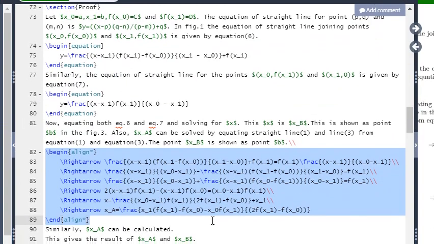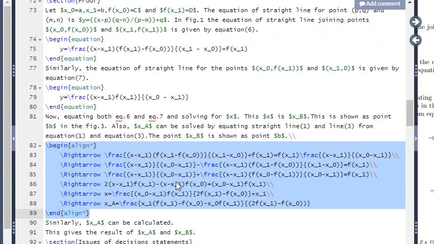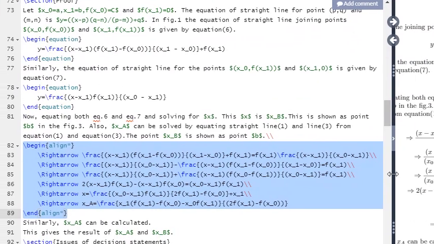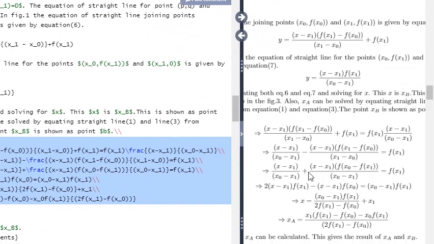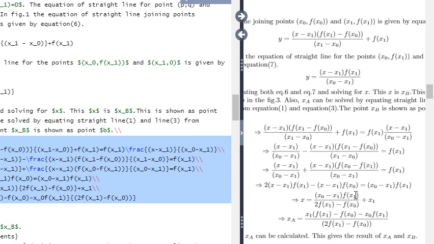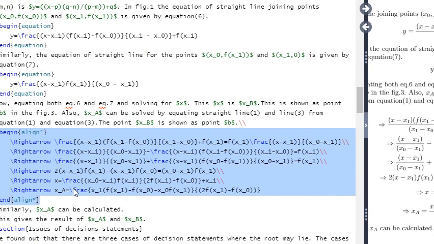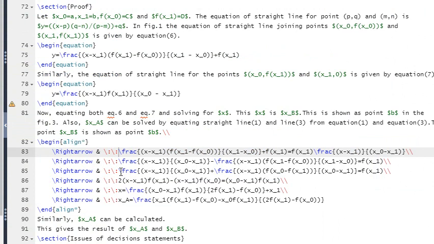Suppose we have some equations written here, and the source code is here. This is the source code, and this is the output of the following code. If you see here, the equal to sign is not aligned properly, so we need to align it. Now come here. What you can do is this: